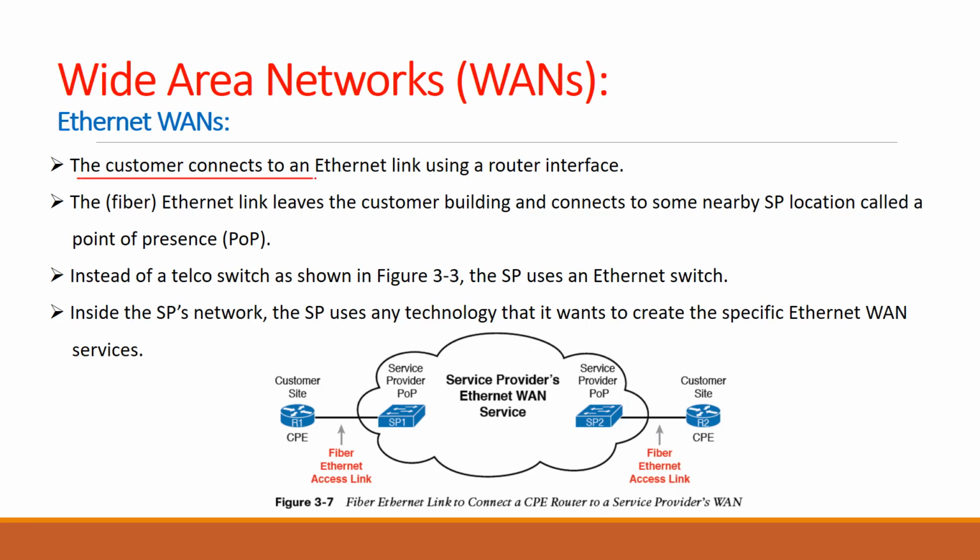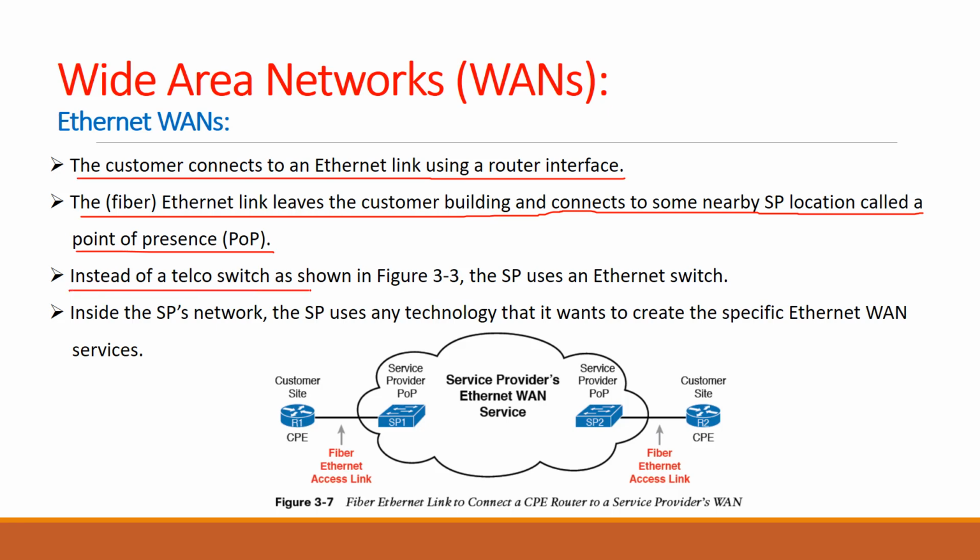The customer connects to an Ethernet link using a router interface, and the fiber Ethernet link leaves the customer building and connects to some nearby service provider location called a point of presence. Instead of a telco switch as shown in figure 3-3, where you are connected through a physical link to service provider switch 1, then telephone company switch 2, and then to the router on the other side,